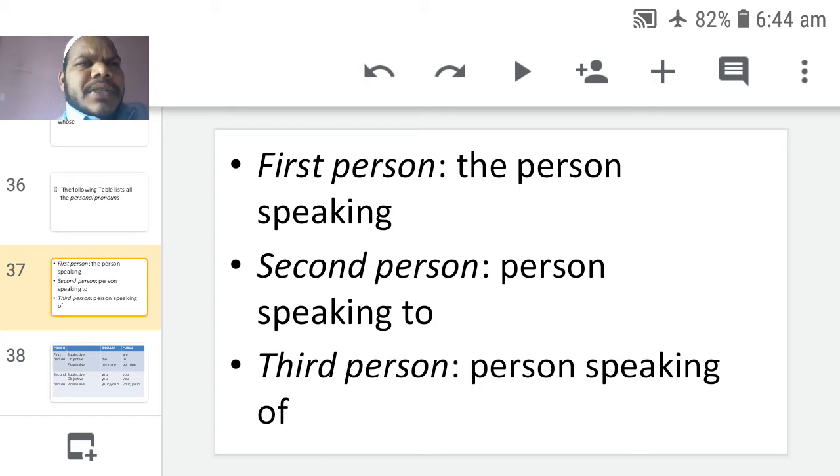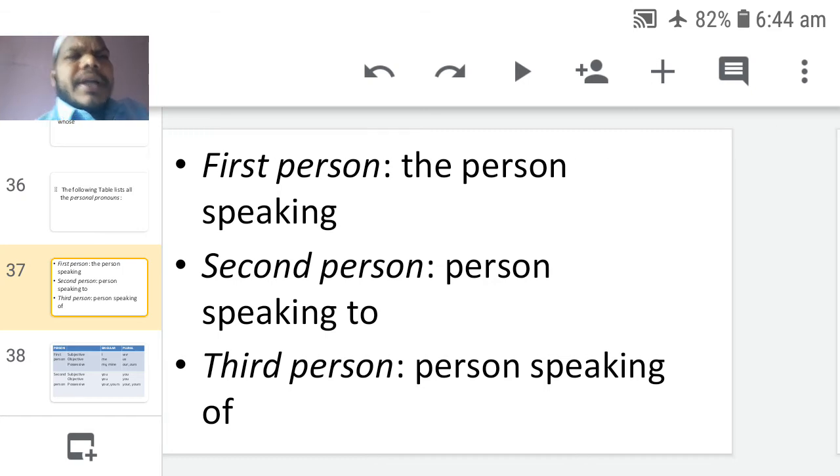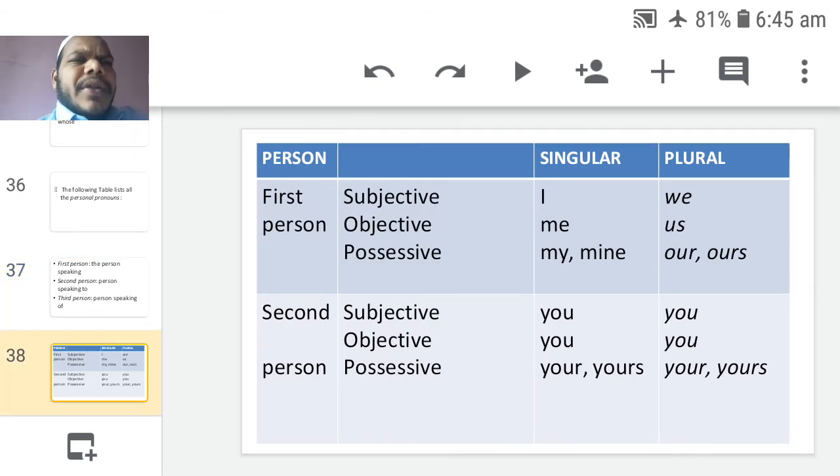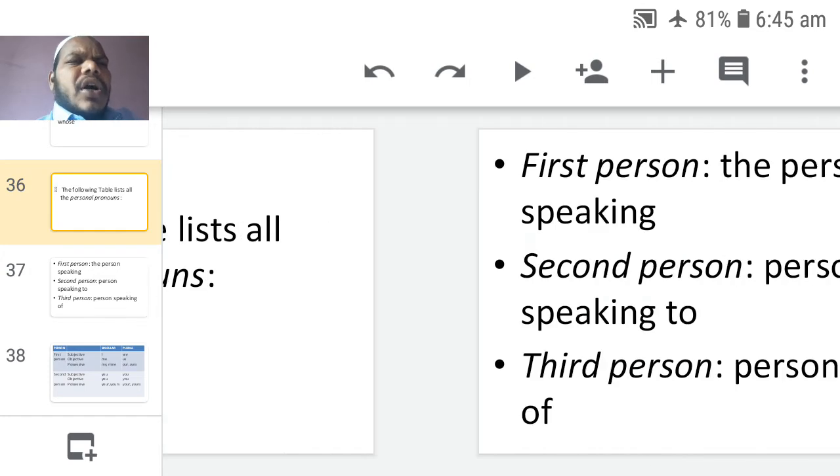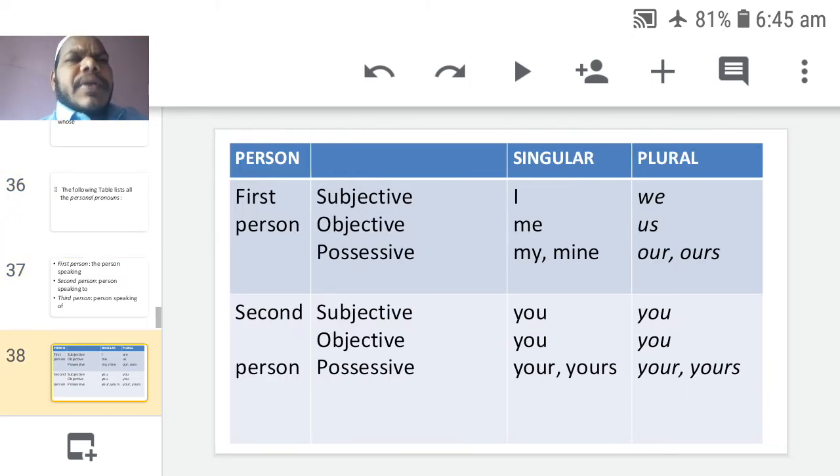First person means the person speaking, second person, the person spoken to, third person, the person spoken of. Let's see the table which lists all the personal pronouns, their position, subjective, objective, and possessive, and how they are in singular and what they will be in plural. In the first person, the person speaking, when it comes in subjective, that is I,